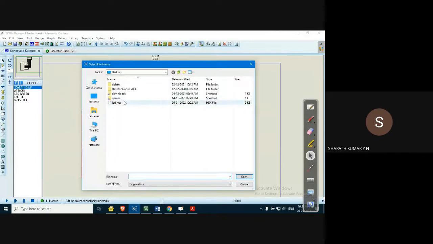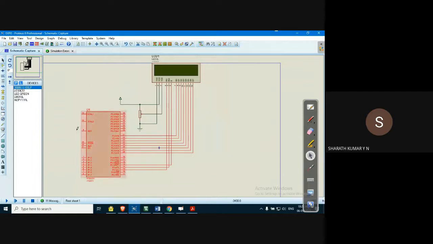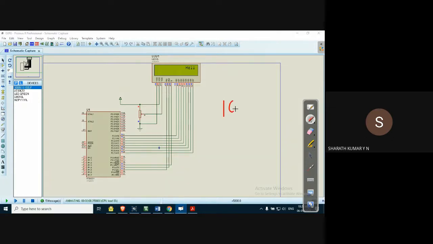Otherwise, it will not change the output. Select the path of the source code X file, select apply, and then click on the simulation. If everything goes well, it will display the character. Not only that, it should also shift the character towards the right because the command we have selected is 1C. The 1C command will make sure that the display content, the characters on the LCD display, will be shifted towards the right, character by character.